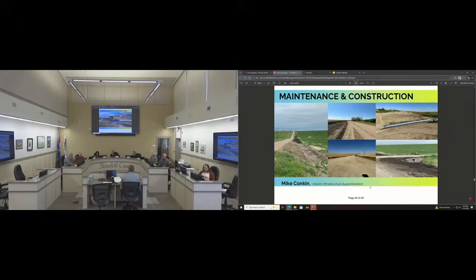That was one of the biggest projects we've had since we no longer had a road crew. So it was quite an undertaking, but we were able to get it done, and it went very well. And then just another photo of what a culvert replacement looked like once we were finished with some ditch cleaning there.